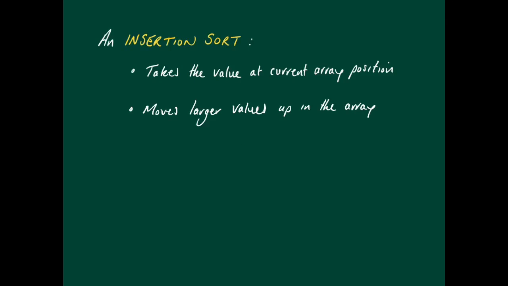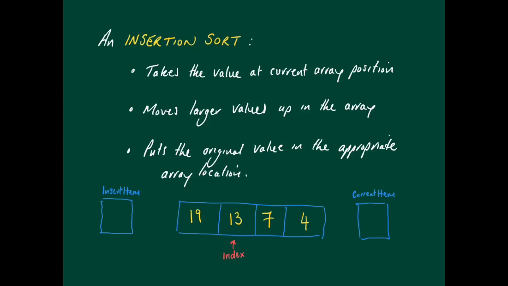So what does an insertion sort do? Well, it takes the value of the current array position, it moves the larger values up in the array, and puts the original value in the appropriate array location. So in this example you can see that the array in the middle,